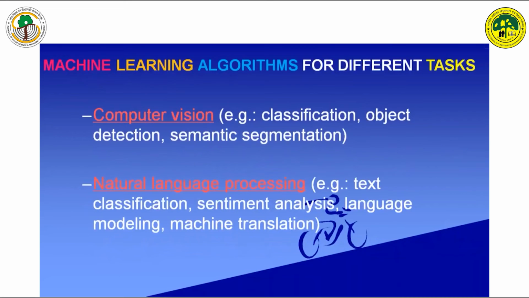So, machine learning algorithms and their differences. One is computer vision. I hope you have already seen it in the ATM machine. Similarly, so many methods or other applications may come. Classification, object detection and semantic segmentation can be addressed with computer vision. The machine can classify, detect objects or do semantic segmentation through computer vision.